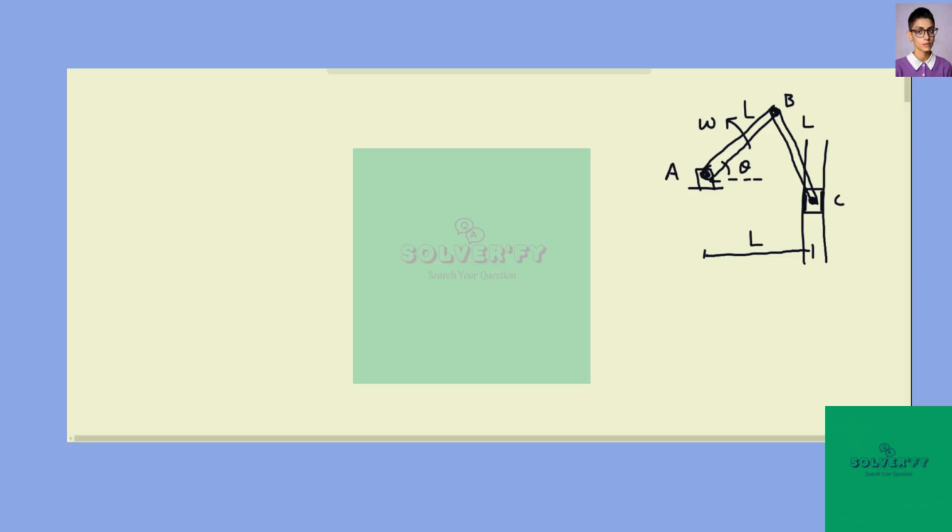the situation because the point of interest is C. Okay, so we just need to include the important parts. A, B, C, this is L, L, and then the horizontal distance is also L. So this is angle theta that is given. I'm also going to call this angle phi, which we need to define the x and y coordinates of point C. Okay, so for the position coordinate equation for point C,